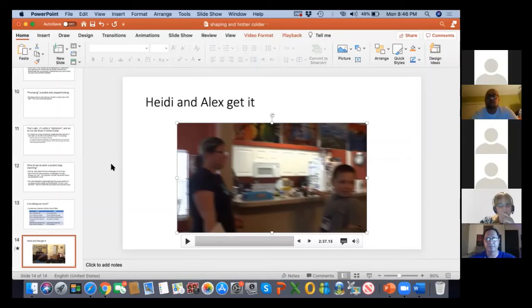I noticed that she was following him behind. Would that count as a physical prompt, closing the gap a little bit? Because if he kept going and she's right behind him. Yeah, good question. I wouldn't call it a physical prompt. I would definitely call it a physical prompt, or a model is what I'd probably call it, if she was leading him, if she was walking in front of him. But she wouldn't be able to know whether he was closer or not if she wasn't close enough to see.